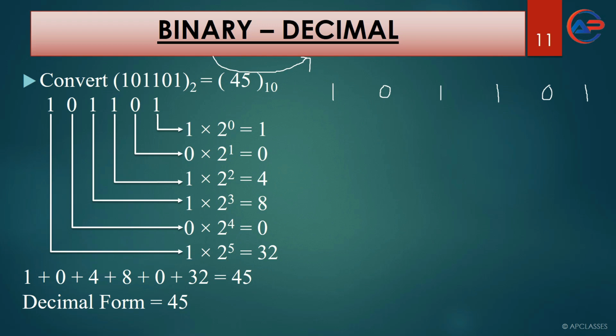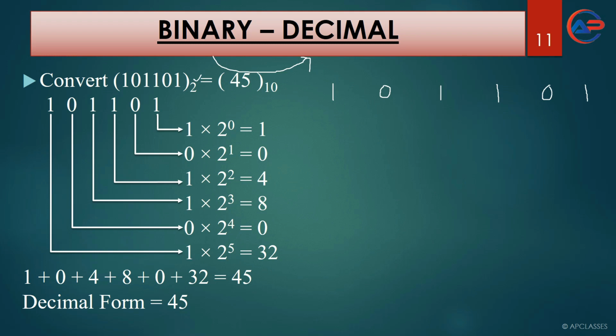How do you come to know that this is given in binary form? Look here, the base is 2, so it is binary form, and the digits used here, 1 0 1 1 0 1, are all combinations of 0 and 1. If somebody writes 2, 3 or 4 instead of 0 and 1, it will be a wrong question. The reason is the base is 2, so we cannot have digits like 3, 4, 5 and 6.